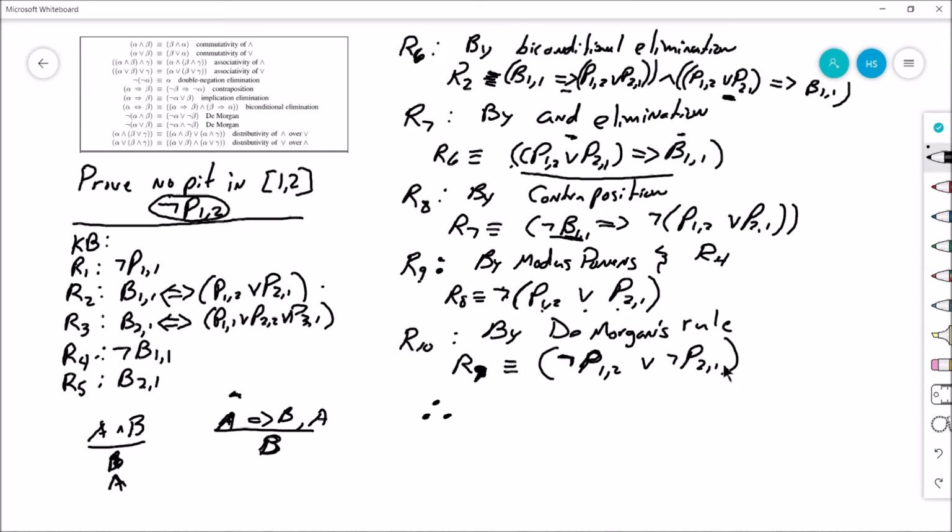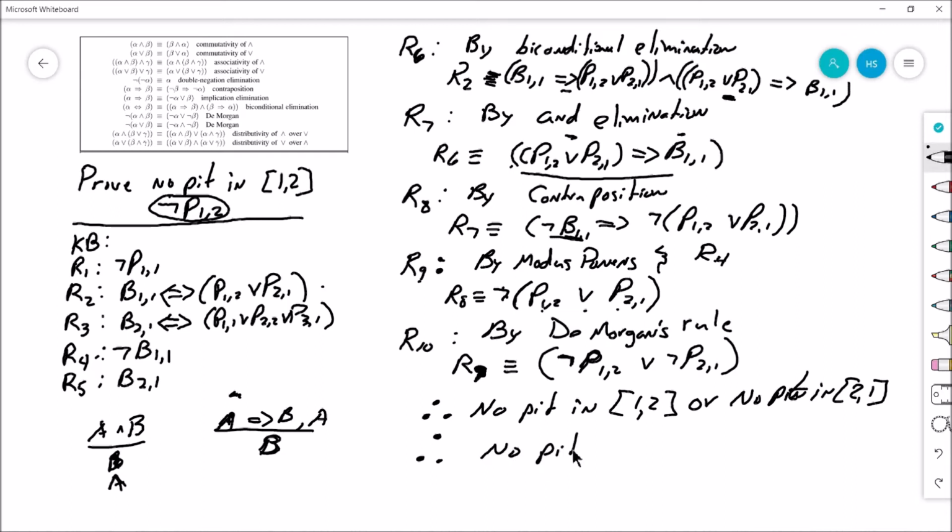Since I was able to get here through all those transformations, therefore I can say that there's no pit in square 1,2 or there's no pit in square 2,1, and therefore there's no pit in